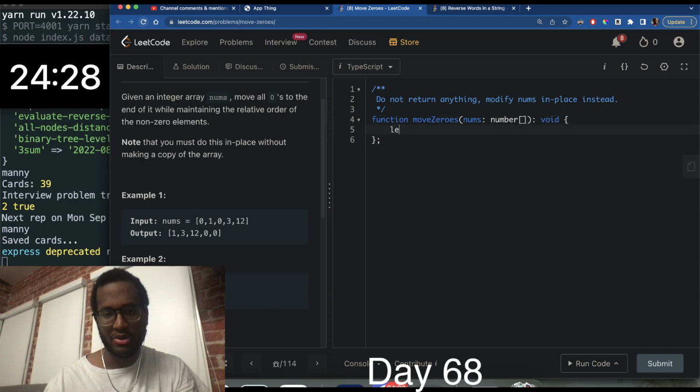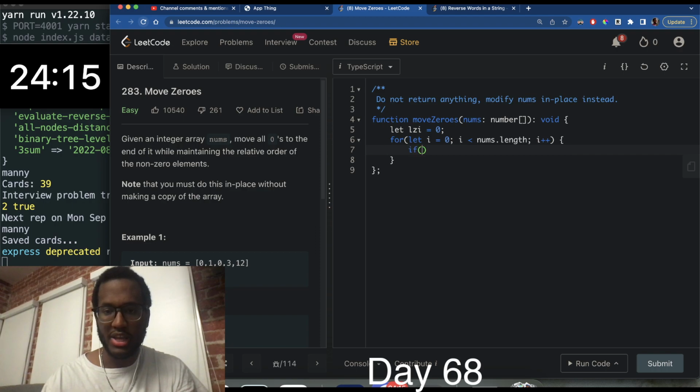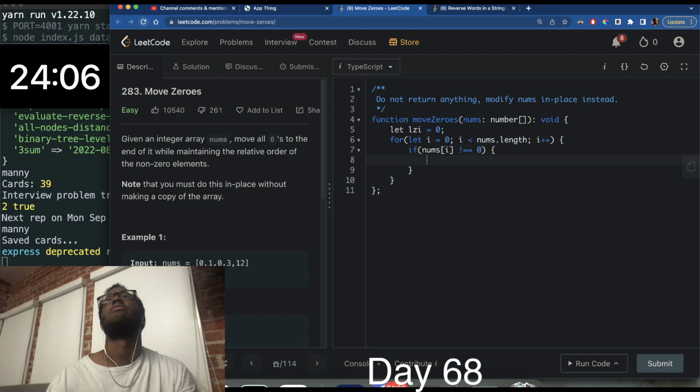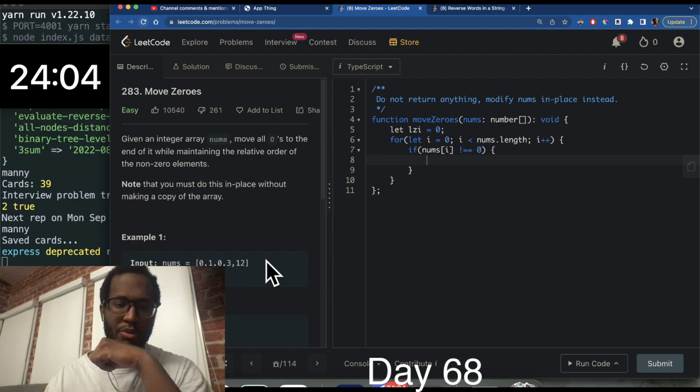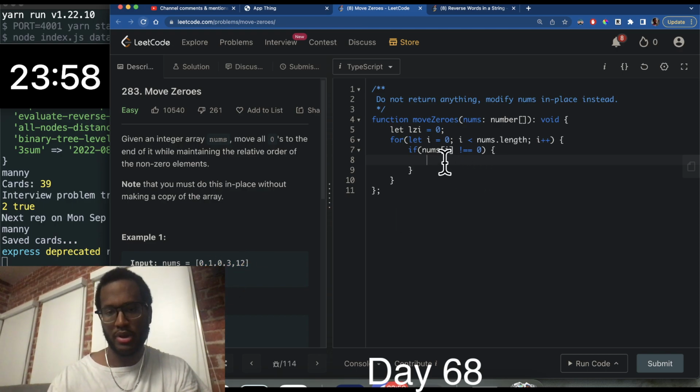Right, so maybe we can have a variable called let LZI equal 0. Right, and we'll say let I is equal to 0, I is less than nums length, I plus plus, and we'll say if num sub I does not equal 0. Right, but we only want to swap if the value doesn't equal 0. So if there's no 1s or no non-zero values, then we won't swap it. We want to swap